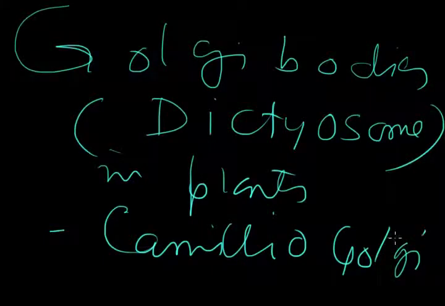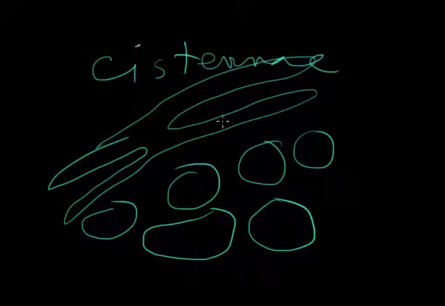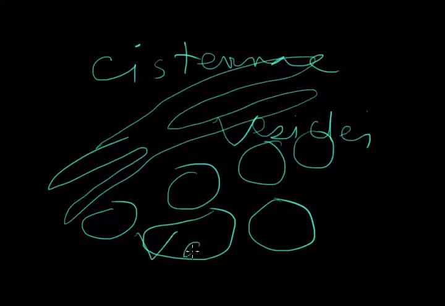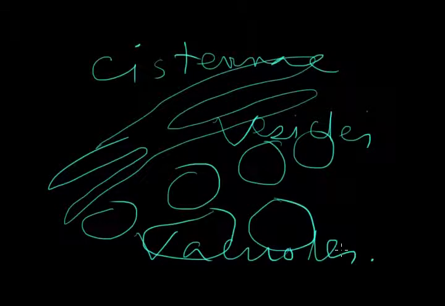It comprises three fundamental structural components: cisternae, vesicles, and vacuoles. In most of the higher eukaryotic cells of animal origin,